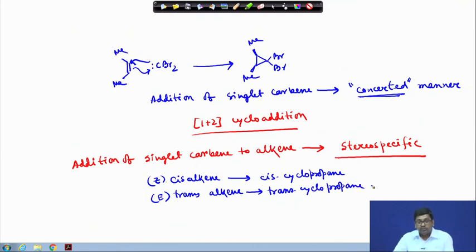Okay. So, it is obvious that when these reactions happen through the concerted manner via the singlet carbene,